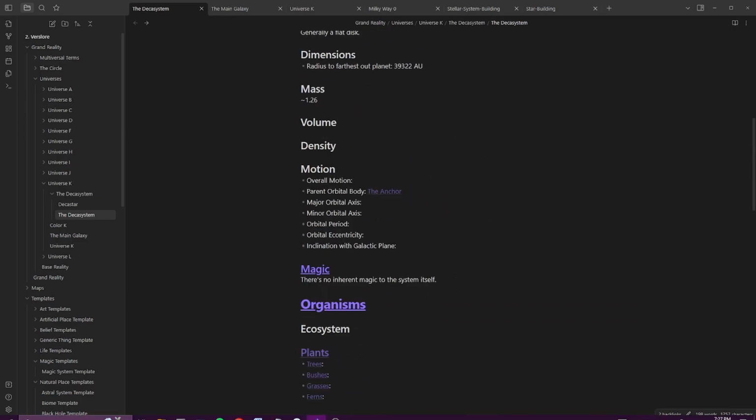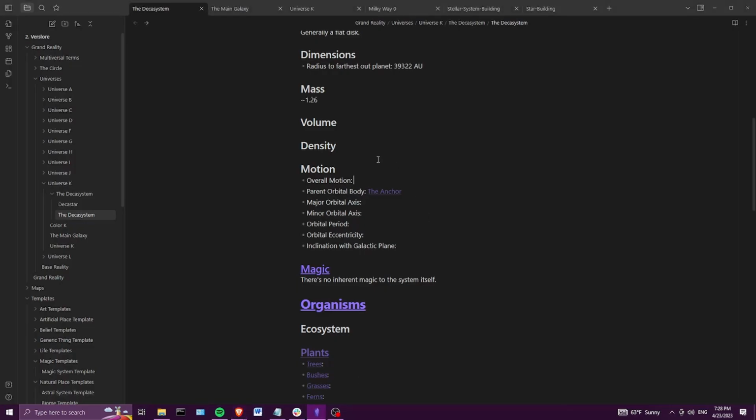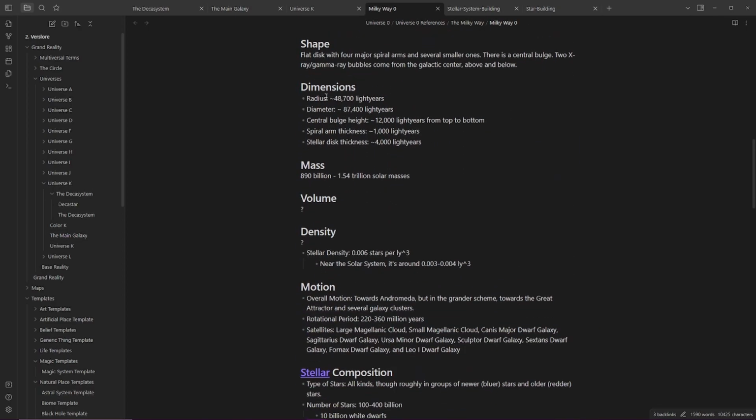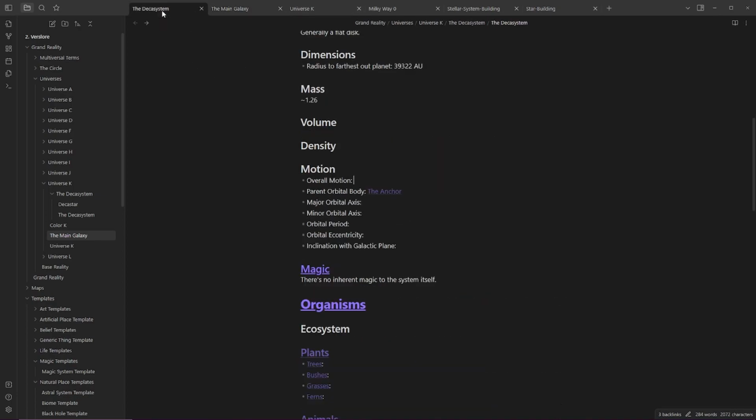So now to figure out the motion here, this sheet doesn't say anything about how fast the system is going around the galaxy or where to place it and stuff like that. So I'm just going to go back to Obsidian. So the ring radius, and actually this should be dust lane radius, is 32,000 light years. The Milky Way is 48,000 light years. So the dust lane is going to be a few thousand light years across, something like that. So then I feel like I can safely put...